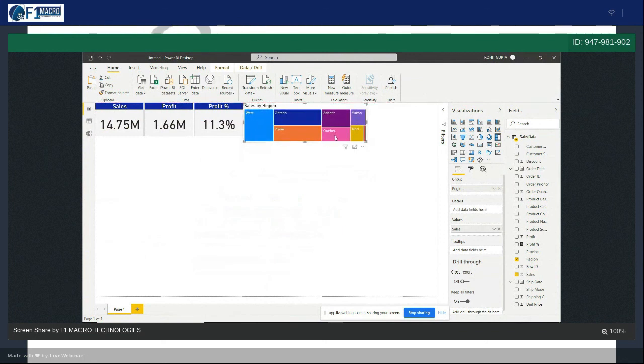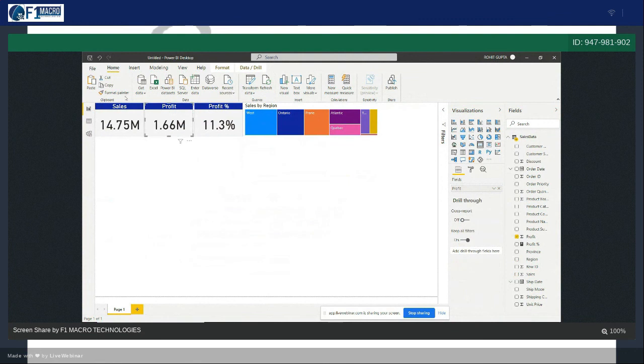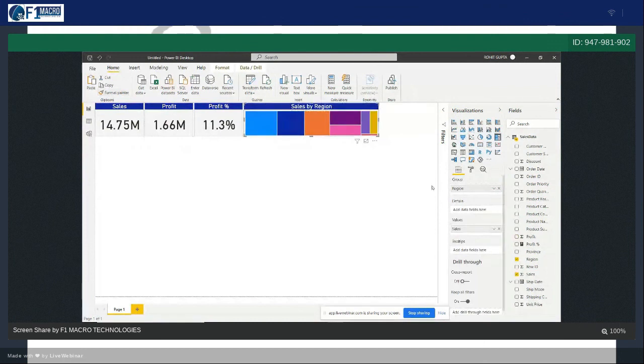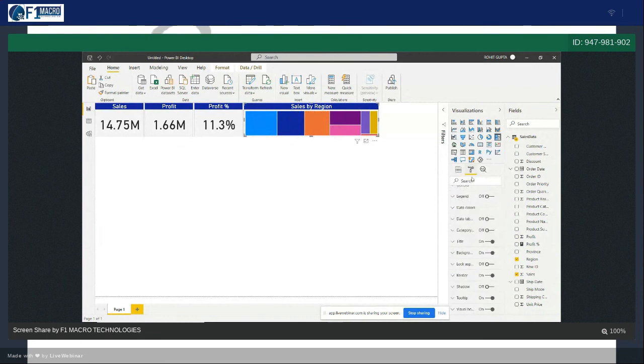Okay, just align this to the box. And if you want to see the numbers as well, if you want to apply this format over here, you can use format painter. You can apply format over here as well. Okay, and you want to see data labels and category labels both. So on this, data labels is on, category label is on.